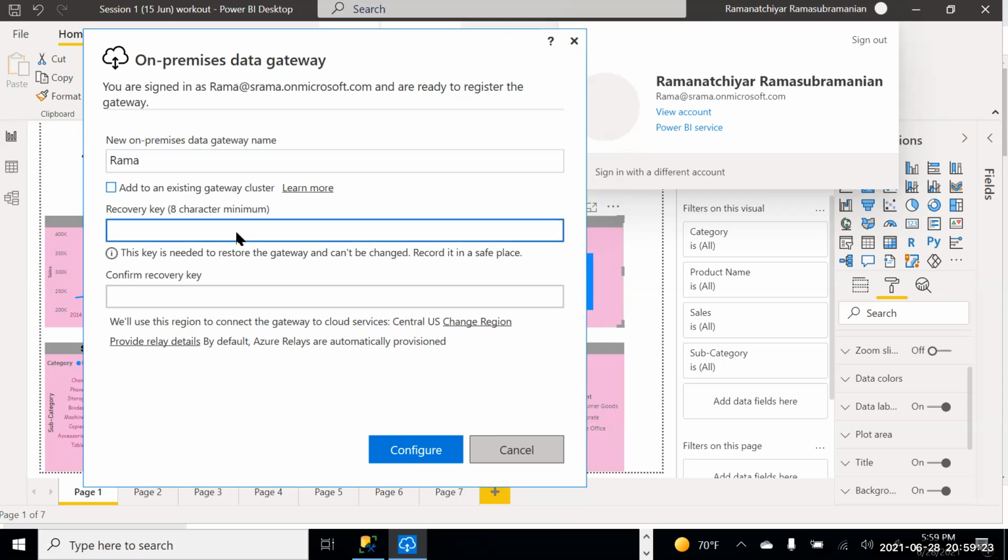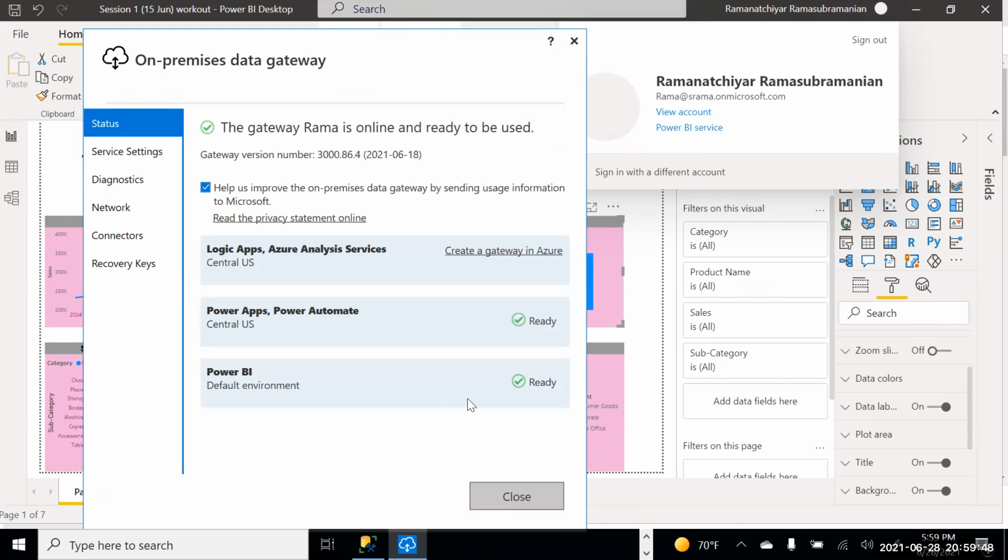Password. Done, right? So now it is done over here.